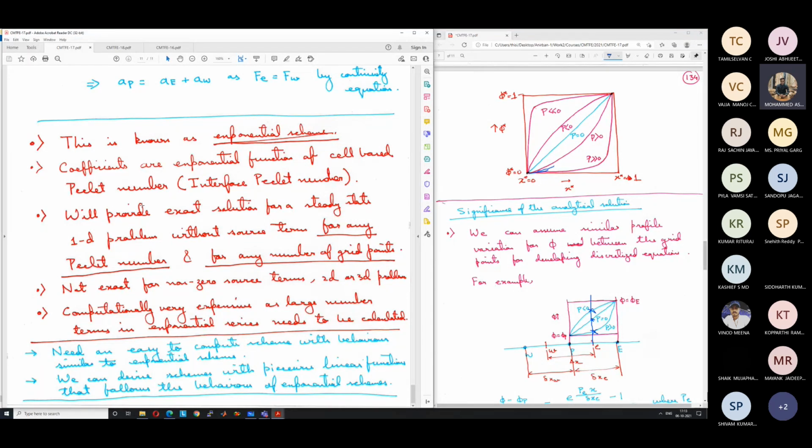Not only 1D, but without source and unsteady terms. Only for a steady state convection diffusion problem is it 100% accurate, which is a very specific case. For a more general problem, an unsteady problem, where there is variation with time, it won't be 100% accurate. But still it will be quite accurate as compared to all the other schemes, but it is not practical. That's why it is not used.